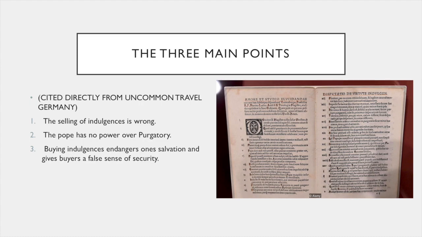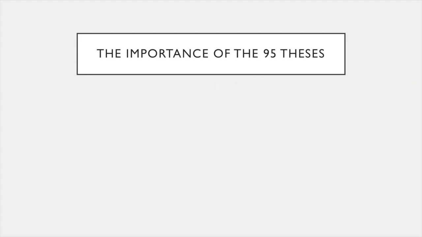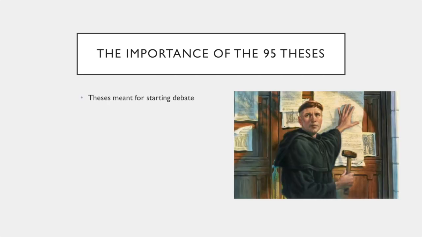So getting into the importance of the 95 Theses, these theses were meant as a list of propositions and questions. It got people thinking and started a debate. Over the course of 2 months, people all over Europe had seen this list. Was the selling of indulgences right? Did the Pope have the authority to do this? It got people questioning things that they never would have questioned before. Did they follow God or did they follow the Pope? What was the difference and what did that mean for them?